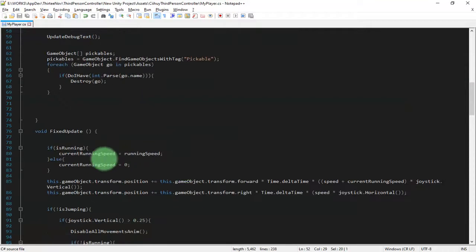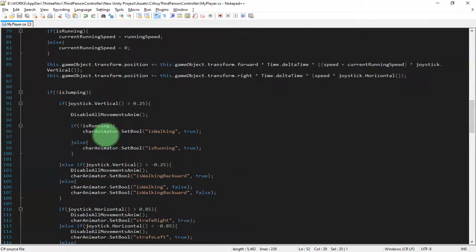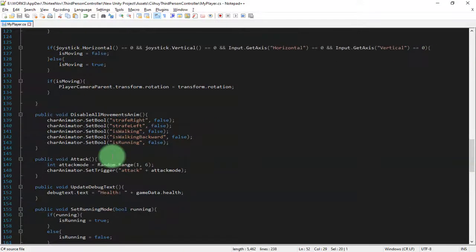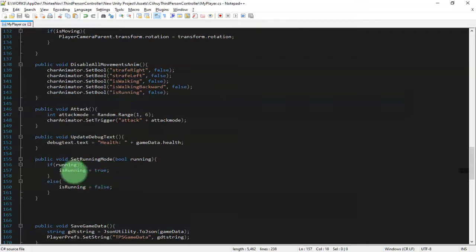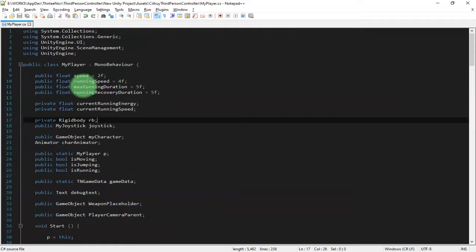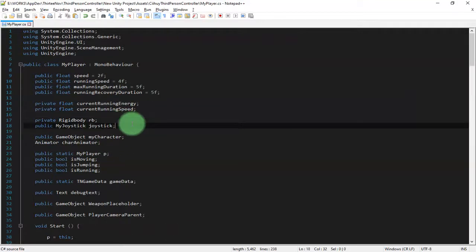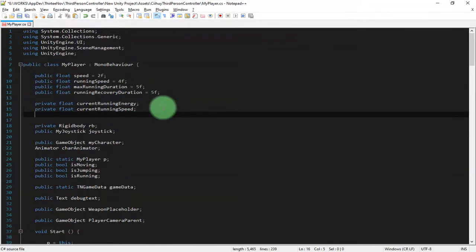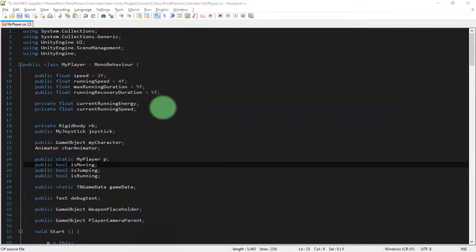And then I will need another boolean variable. So you will see a lot of variables listed along this tutorial. Maybe I can use a public variable.